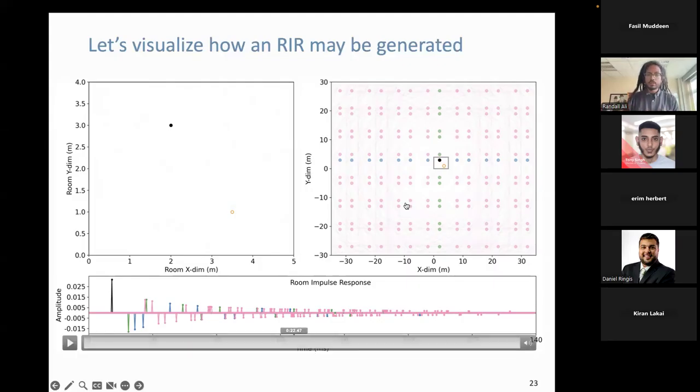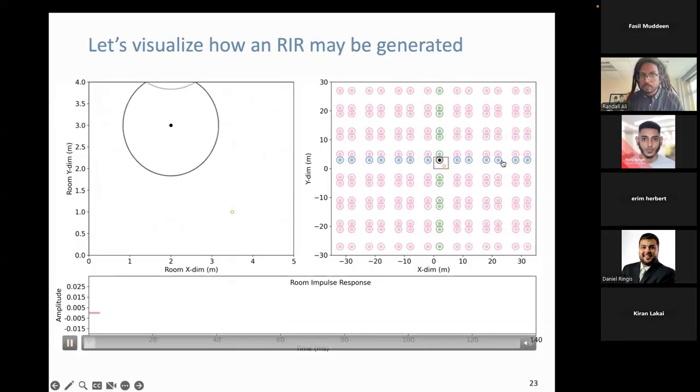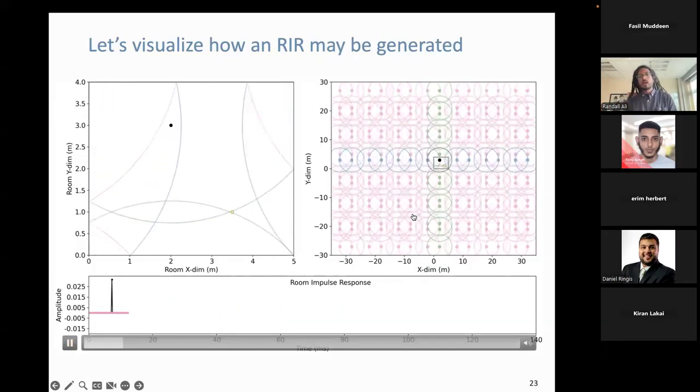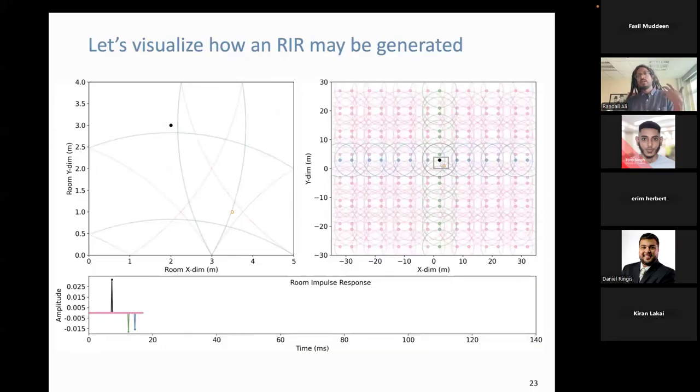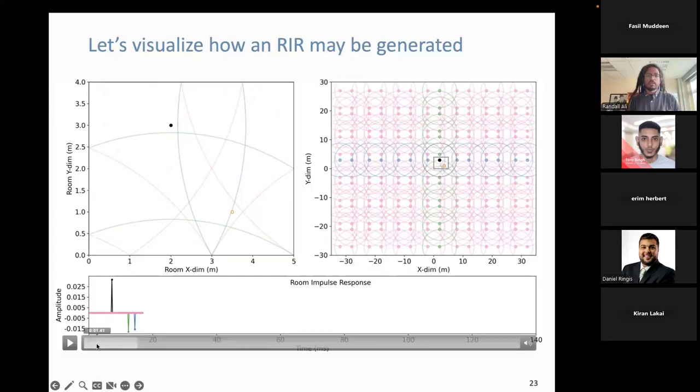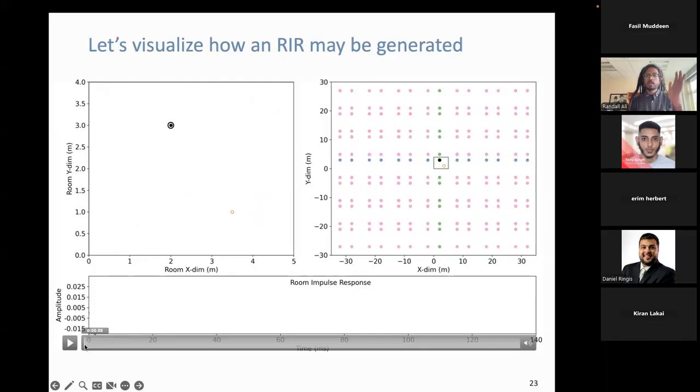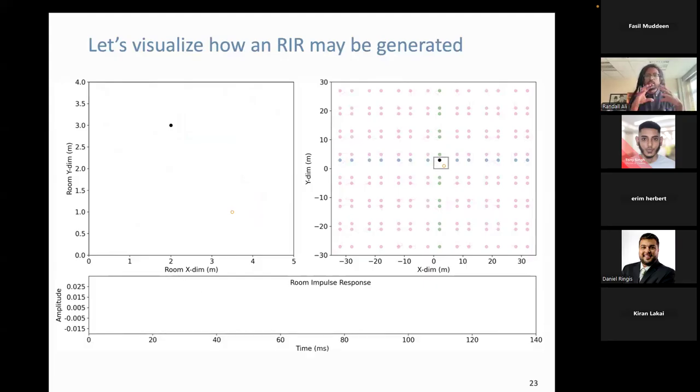On the top right, you might be wondering about this funky looking picture. On the top left, I should say, this is what physically happens in terms of acoustics. But from a signal processing point of view, we need to model how these physical processes happen. One particular model is called the image source model. This model theorizes that, instead of thinking about the sound bouncing from different reflections, or having reflections from different walls, I can consider alternatively that this impulse response is